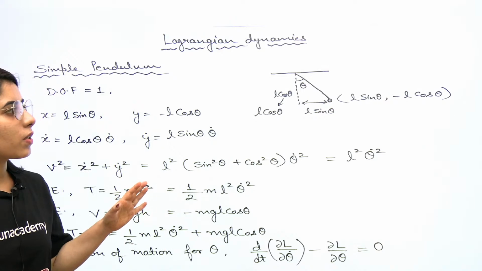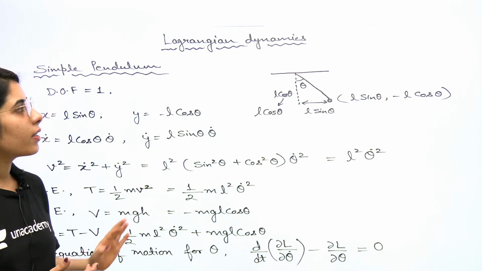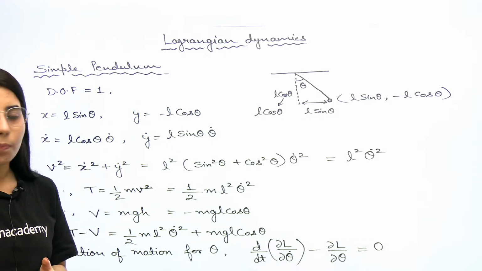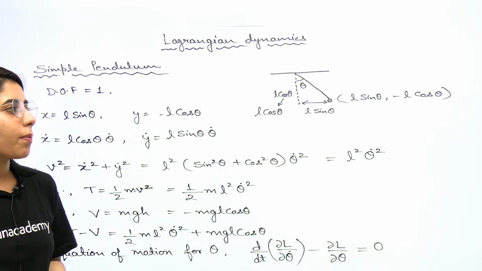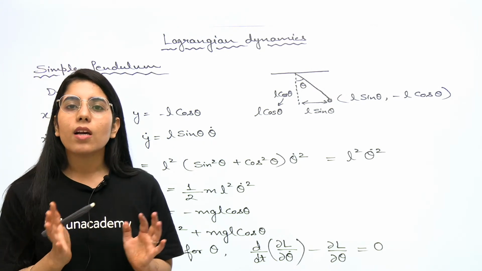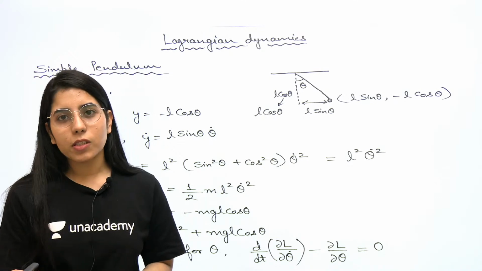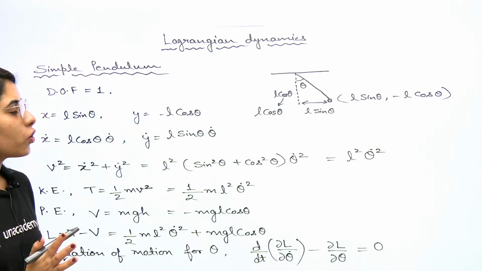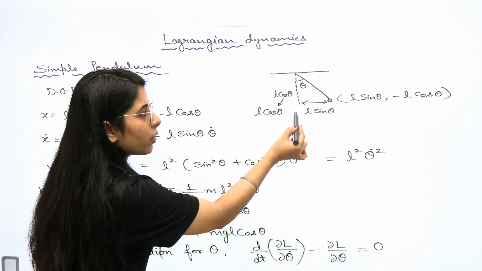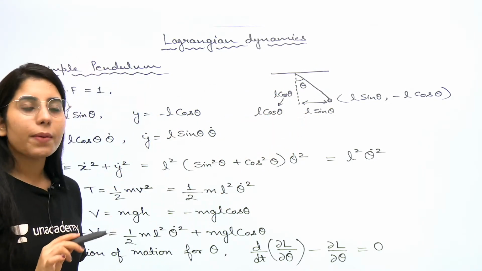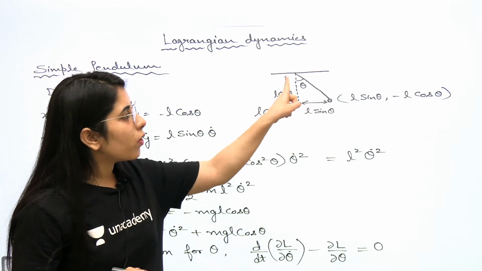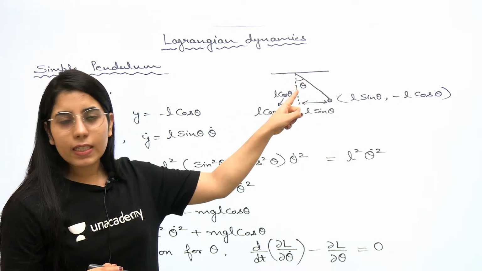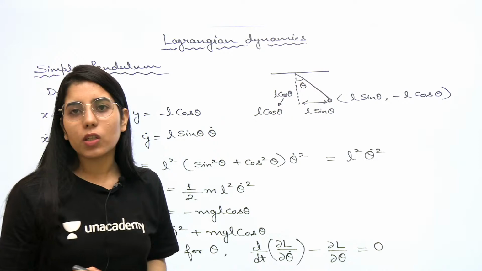Now the first system which I am going to consider here is a simple pendulum. When we are talking about a simple pendulum, in some of the books you may find a difference there. What is that difference? I will let you know about it. So first of all, this is our simple pendulum's equilibrium position. But when it has moved by an angle theta, and this is at this particular point,